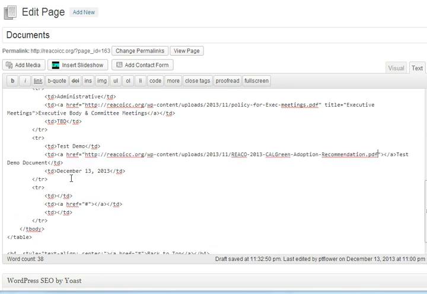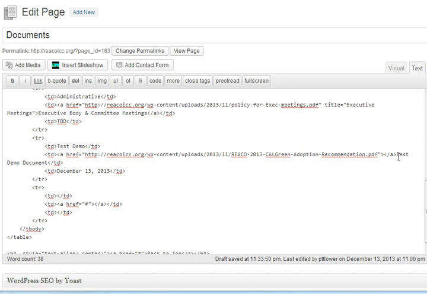So all I've done is I made a copy of a blank row. I put in what topic I want it to be considered, what date it was published. I went over to my media library, after I had uploaded the document to this media library, and got the URL, copied it in to where the hashtag was, and then